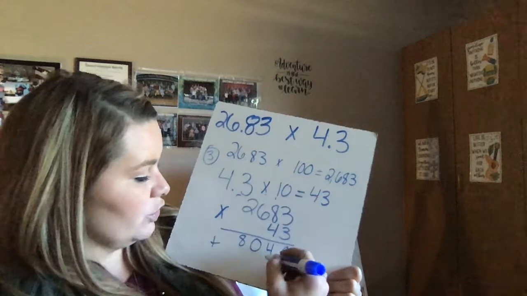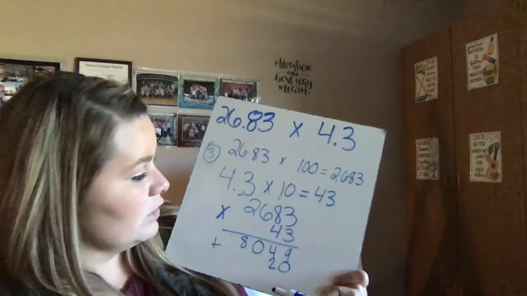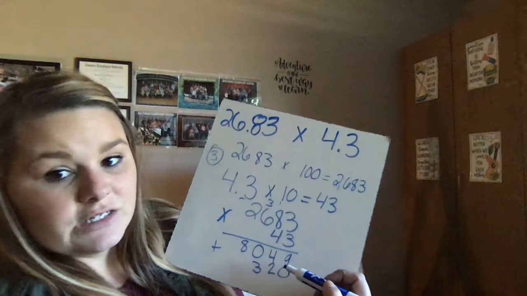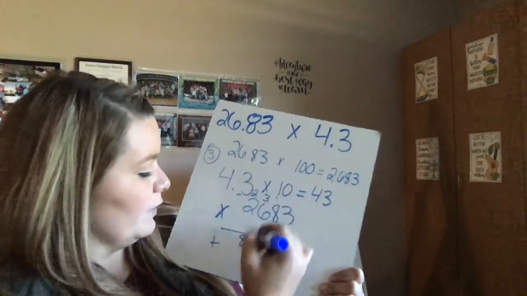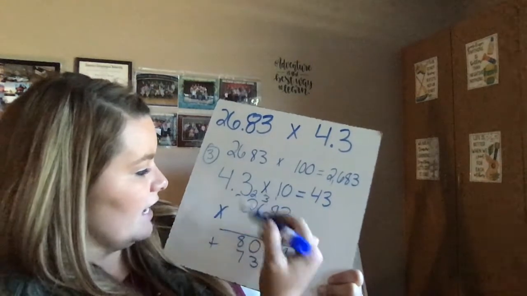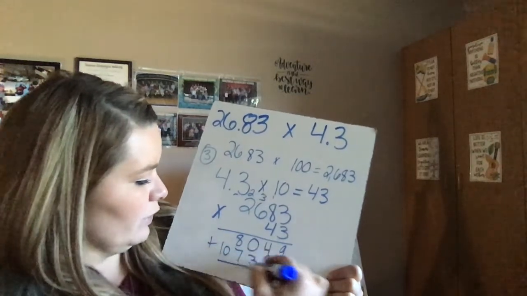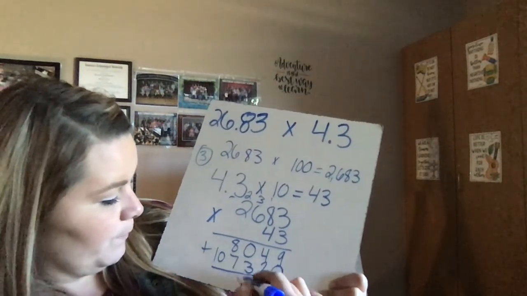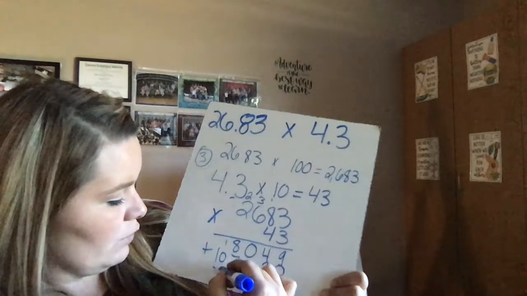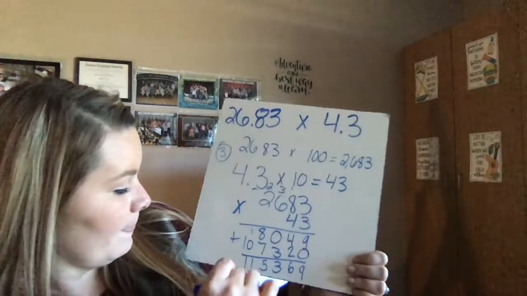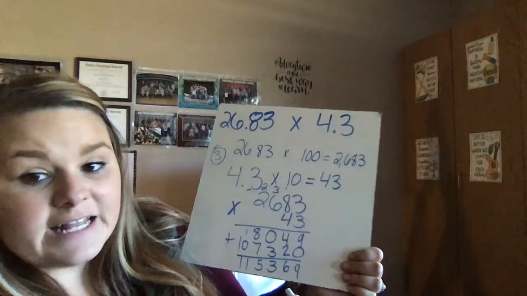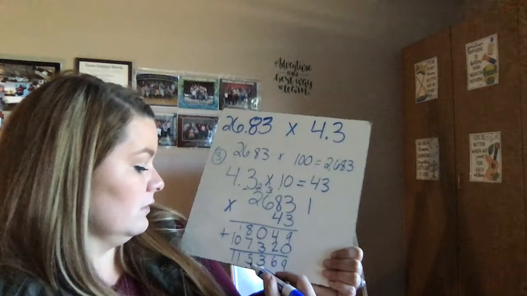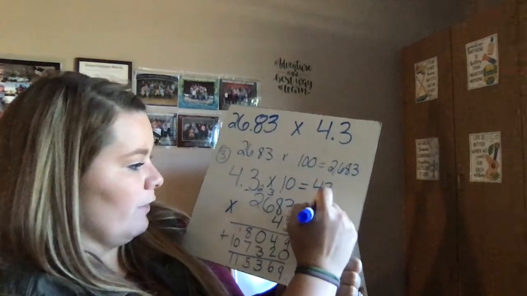4 times 3 is 12. 4 times 8 is 32, plus 1 makes 33. 4 times 6 is 24, plus 3 makes 27. And 4 times 2 is 8, plus 2 makes 10. So we're going to add up these two partial products, and we're going to get 9, 6, 3, 15, 1, 1. So this number is 115,369. So if we write that number over here,